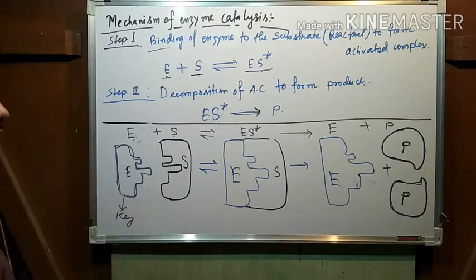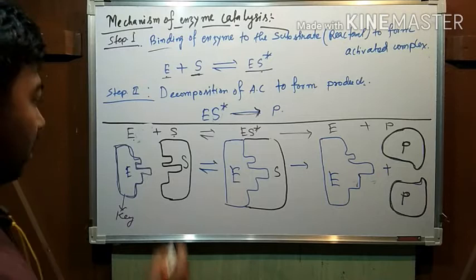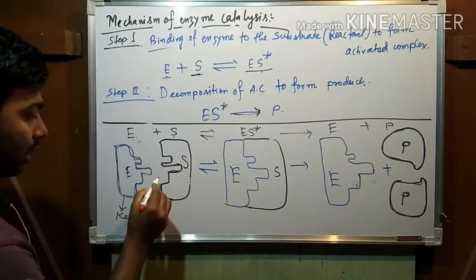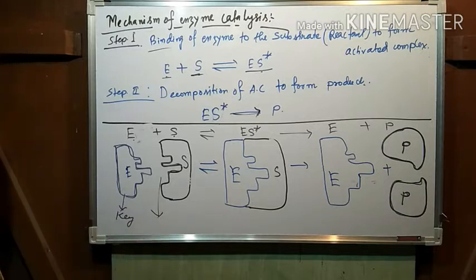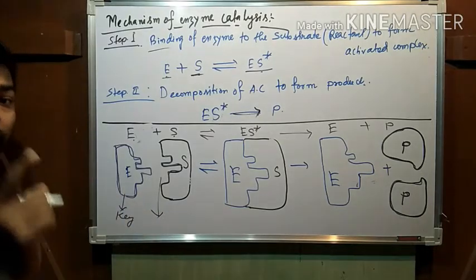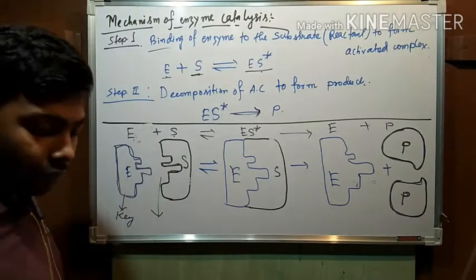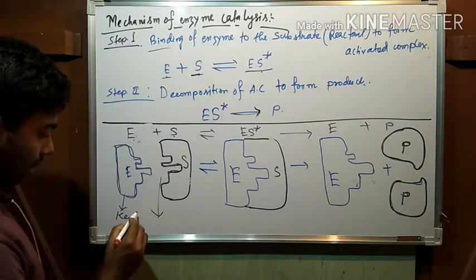Substrates have some active sites. These are the active sites. And active sites are formed due to the presence of some active groups which can bind with the enzyme, and these active groups are mainly